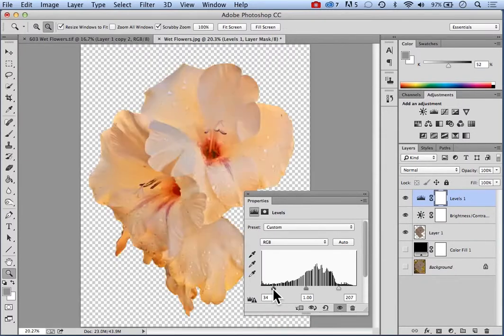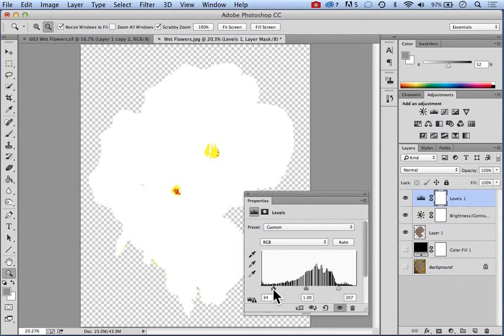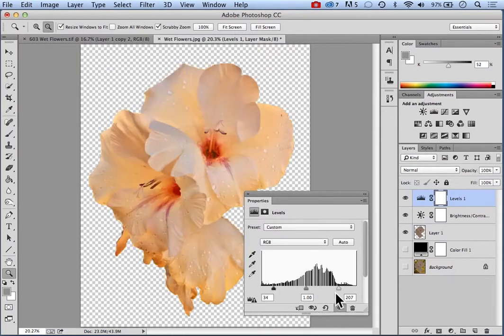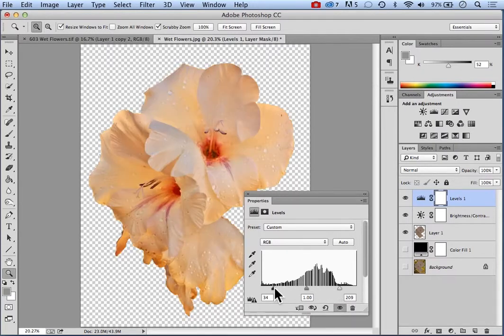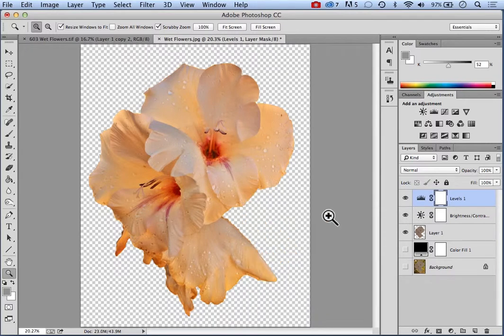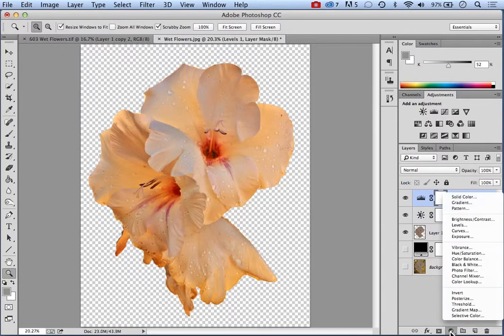And we'll lose that amount of image data on that side, and we'll lose that amount on that side, which is really negligible. So we've reconfigured the histogram, and we can change our midpoint if we like. And that seems to pop a little more. So we now have 2 adjustment layers,